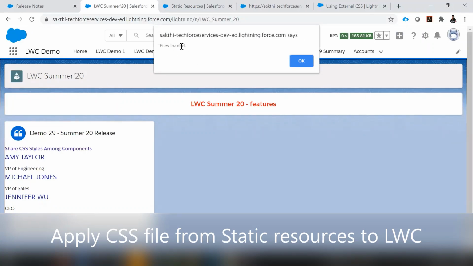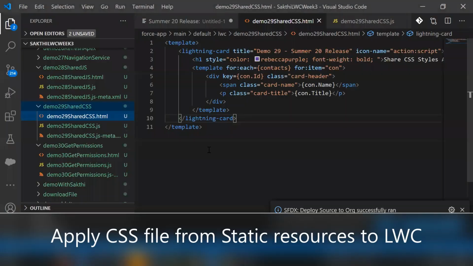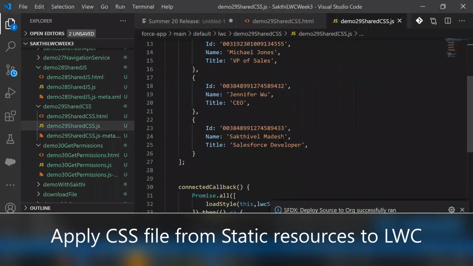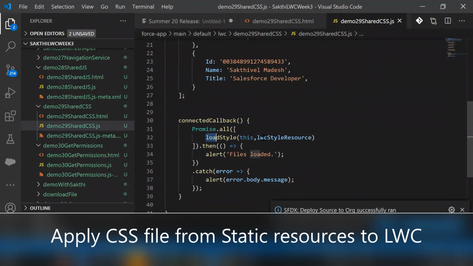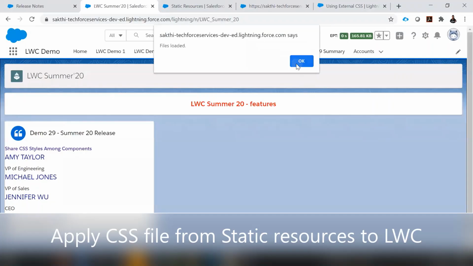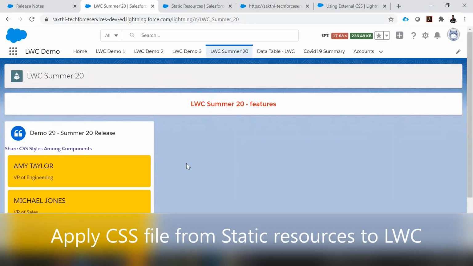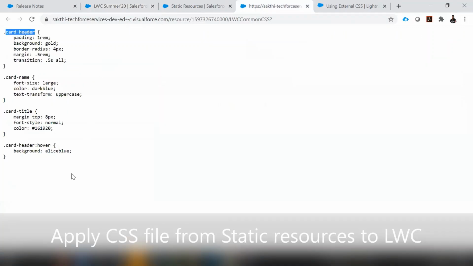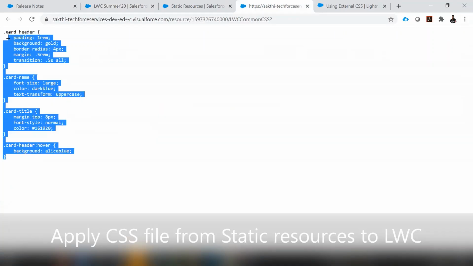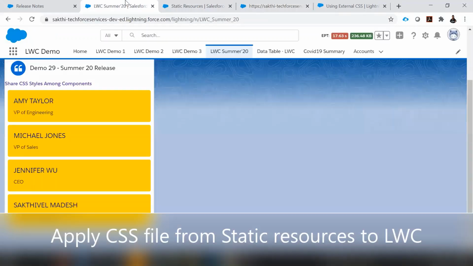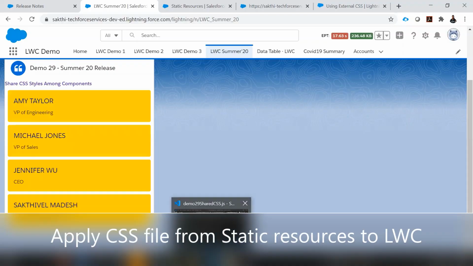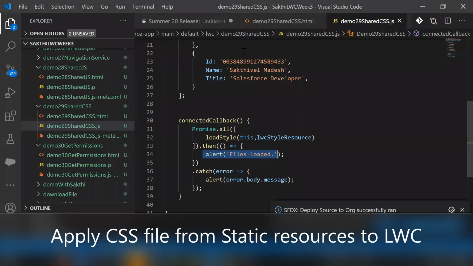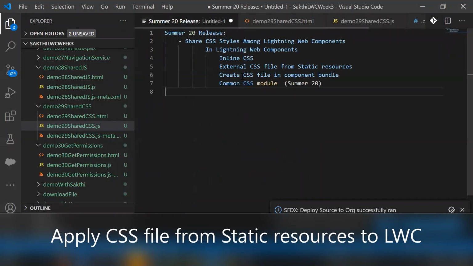It's refreshed, and I got that alert, files loaded. It's nothing but from my LWC JS controller; once the files loaded, I added that alert. Once I click OK, the CSS gets reflected from the static resources. So this is the way we can use the CSS from the static resources.